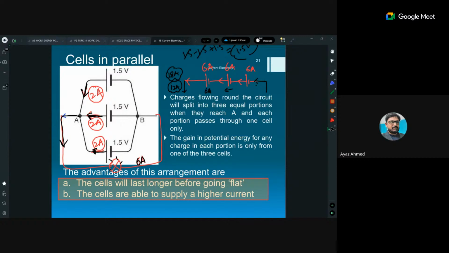ठीक है सर। ये बात समझ आ रही है? जी जी। ओके।